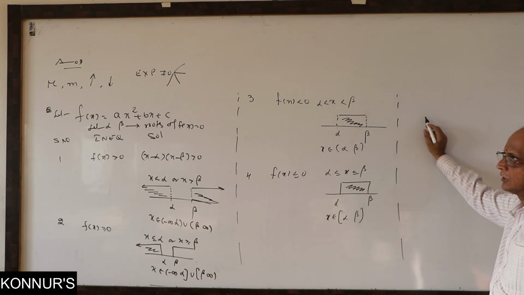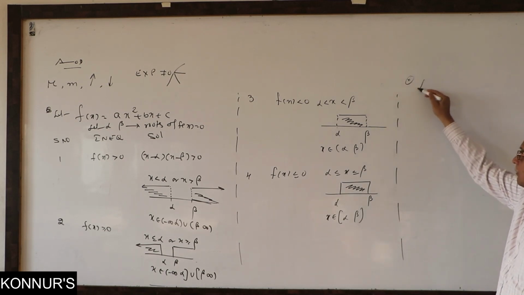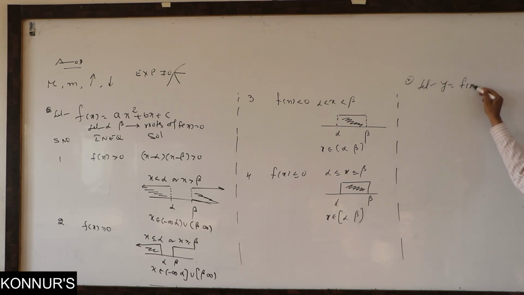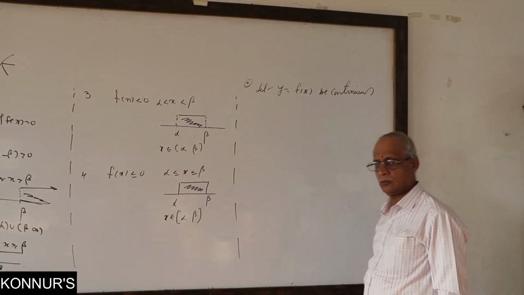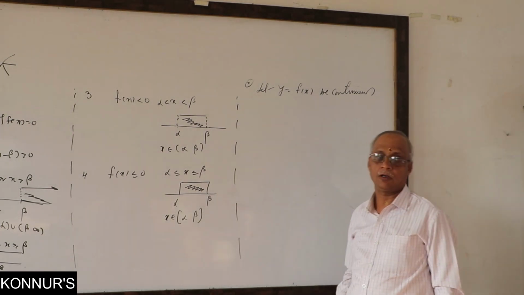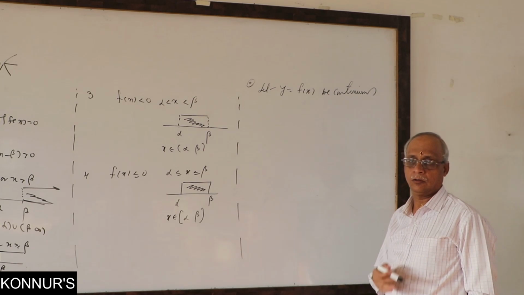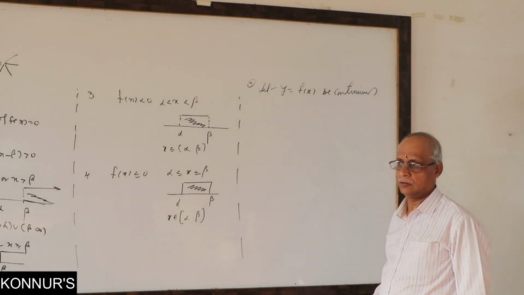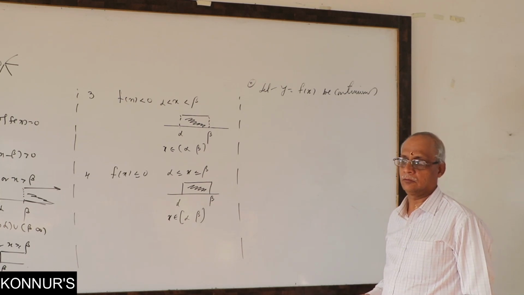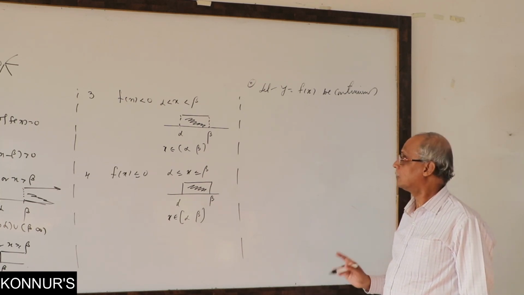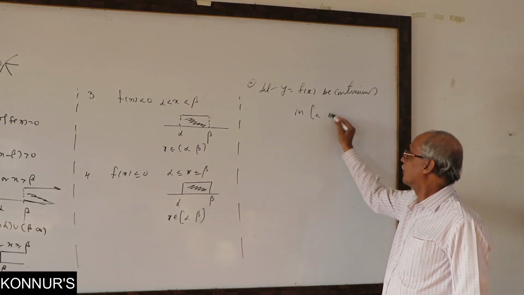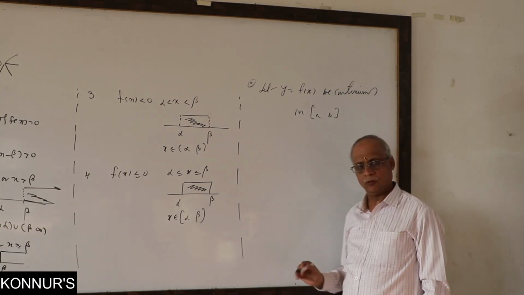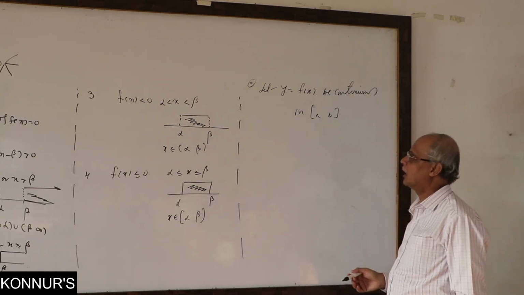Now consider the unit. Let y equal to f of x be a continuous function. When we talk about continuity, it must compulsorily be in the closed interval. Otherwise it has no meaning, no such statement. Open interval is exactly wrong, it will not exist. Continuity talks about closed interval. That is why continuous in closed interval [a, b]. Differentiability is in open interval. Okay? And the value is not necessary.